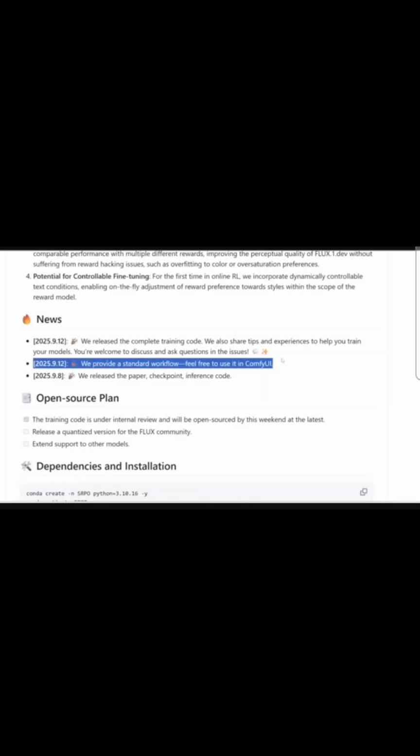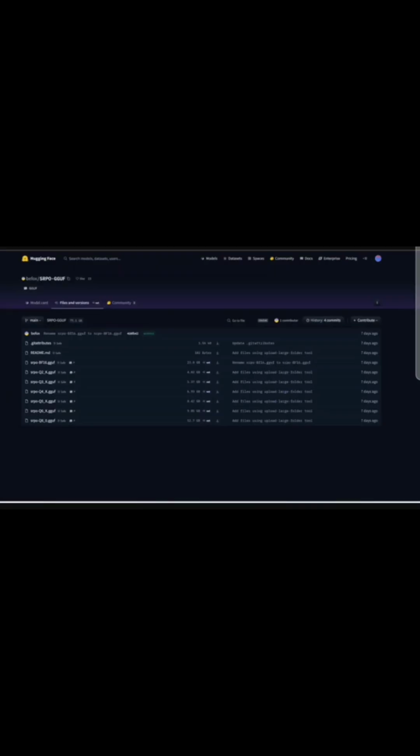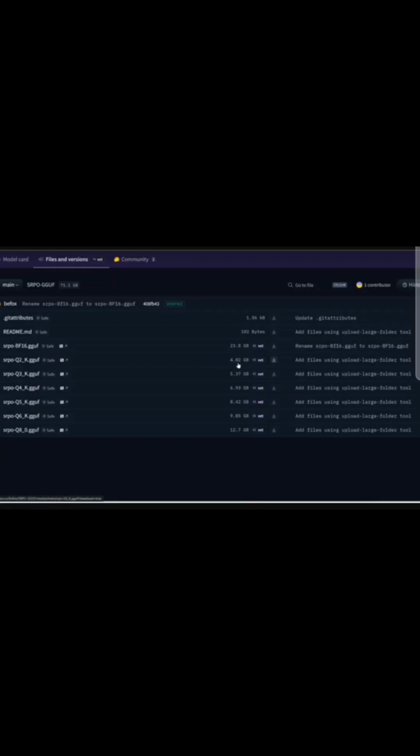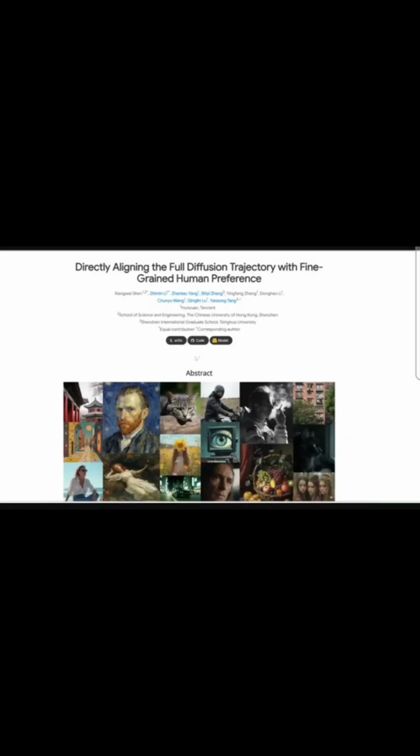They've even released a workflow for you to use this in Comfy UI. But here's the thing, if you click into their official Hugging Face repo, notice that the model is almost 50 gigabytes in size. So in theory, you're gonna need like 50 gigabytes of VRAM in order to run this, which I assume most of you don't have. Fortunately, because this is open source, some kind folks have already provided some GGUFs or more compressed versions of this, which can run on lower VRAM. So for example, this Q2 one is only 4 gigabytes in size, so you can run this with as low as like 6 gigabytes of VRAM. Anyways, all the links are up here, so if you're interested in reading further, I'll link to this main page